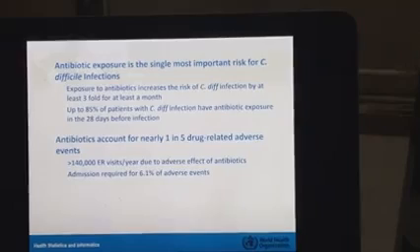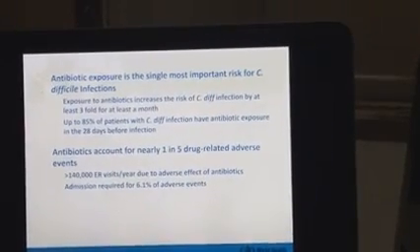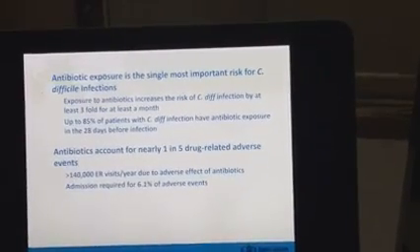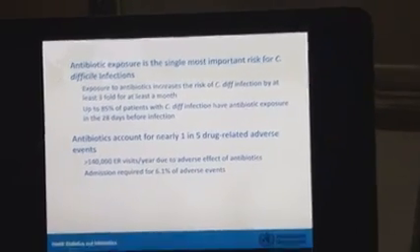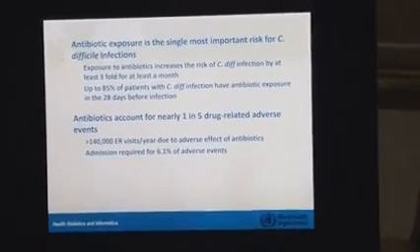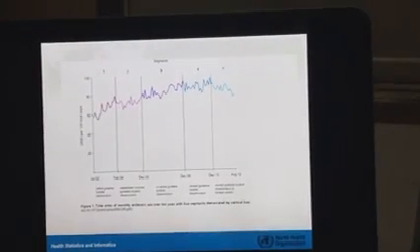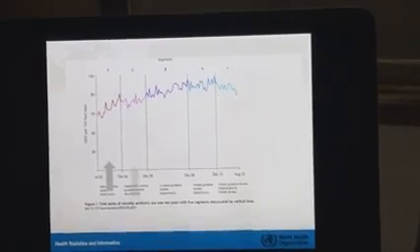More than 1,040 ER visits here are due to the adverse effects of antibiotics. Admission is required for 6.1 per adverse event. So this represents a very important problem, and I will also show you another slide. This is what is going on